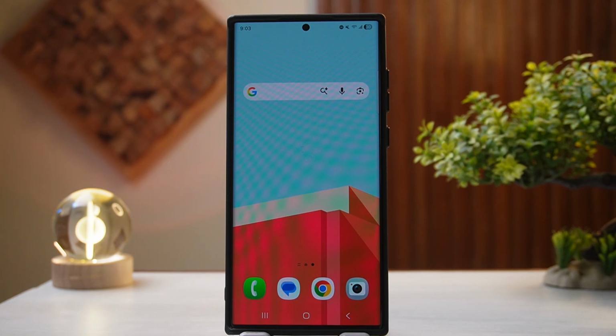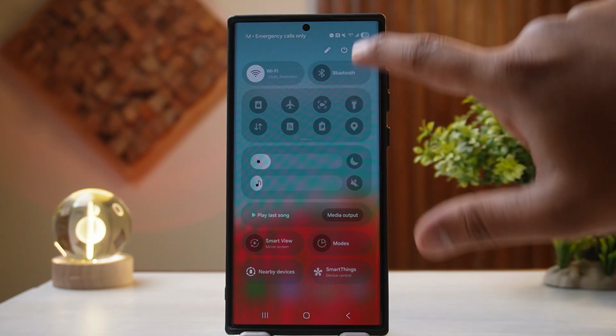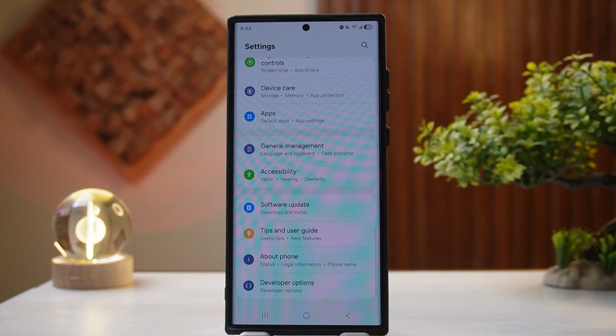Today's video is going to be about how to download Coinbase on Android in 2026. For that, the first thing that you'll have to ensure is that you're connected to a Wi-Fi or a mobile data network. If you're connected to a Wi-Fi network, then it'll appear in the status bar. If you're connected to a mobile data network, then a 4G or 5G icon should appear next to your mobile network status. The other thing that you must ensure is that your Android phone is running at least Android 8.0